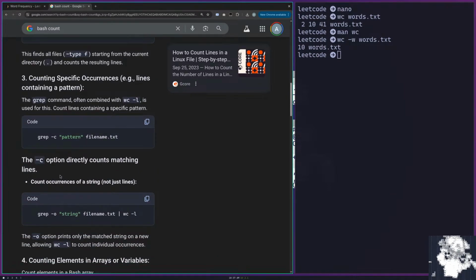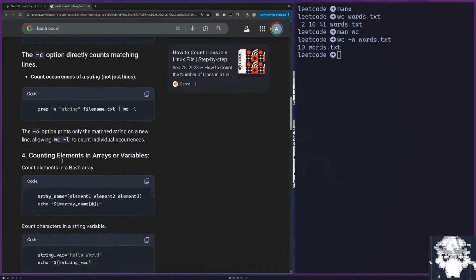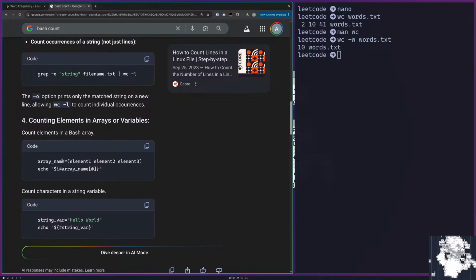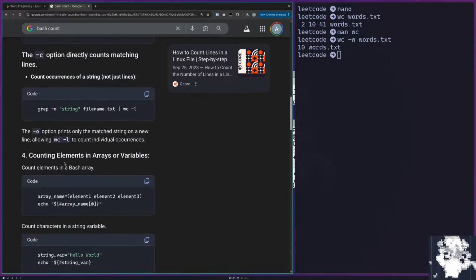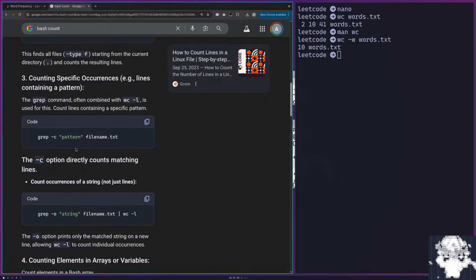Because I don't know the pattern that I'm looking for. So, like, I could do a better search. It's just that I'm trying to do a worse search so that I can try to figure out for myself how to do this.